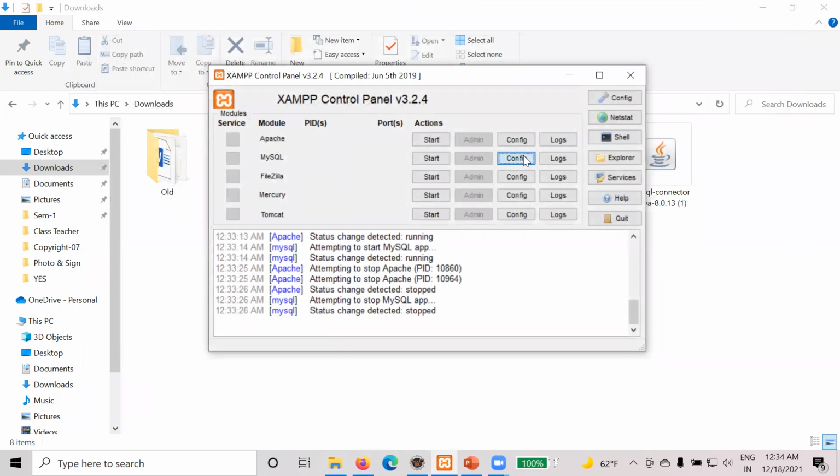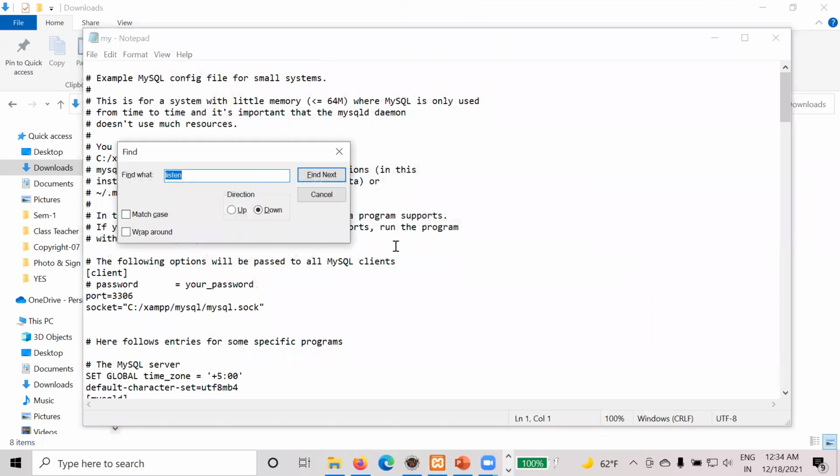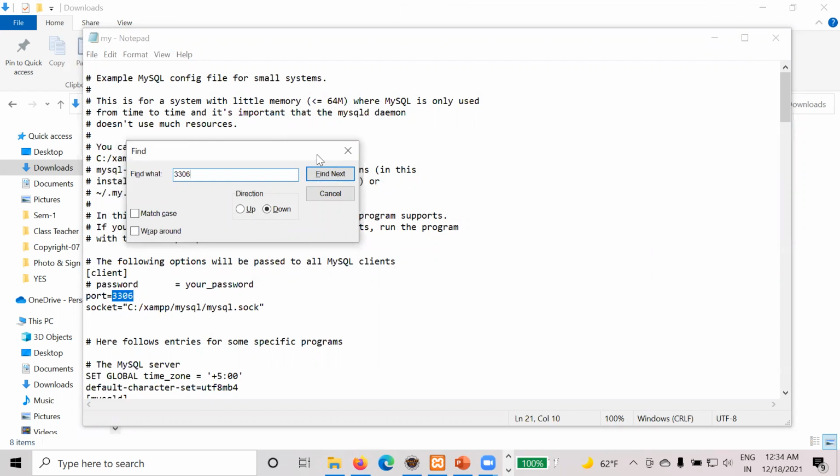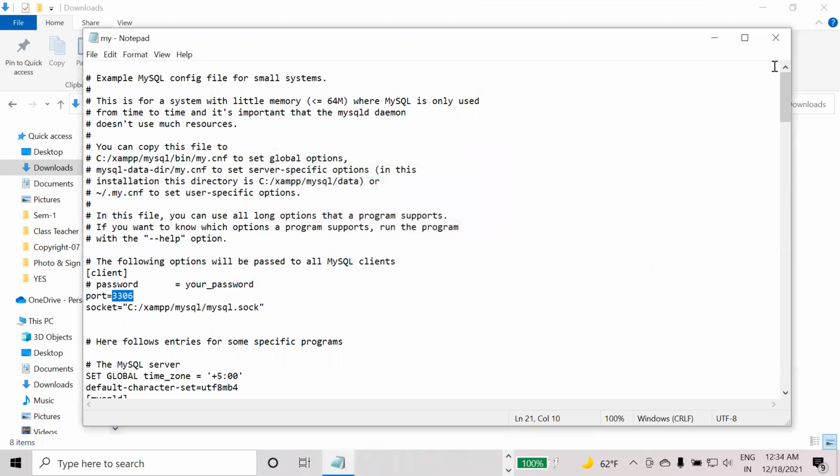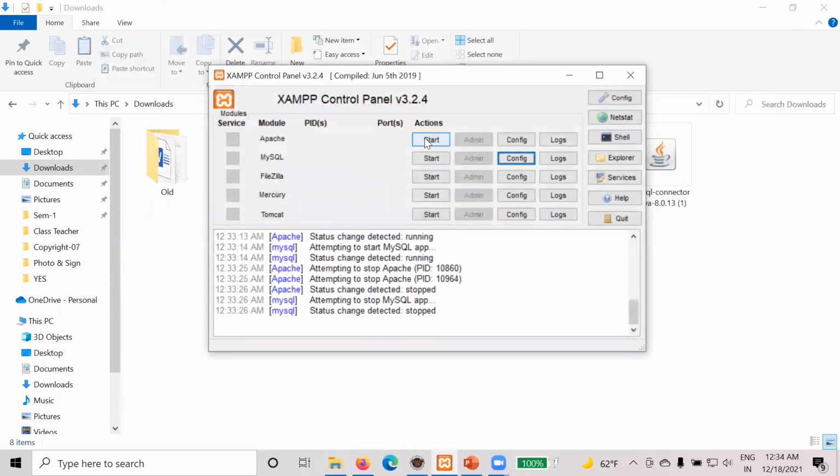Second, for MySQL, you can go to this config and click on my.ini, and here you need to search for the port number 3306. Wherever this port number is available in this file, you need to alter it with another port number and save this. By this you can configure both Apache as well as MySQL.